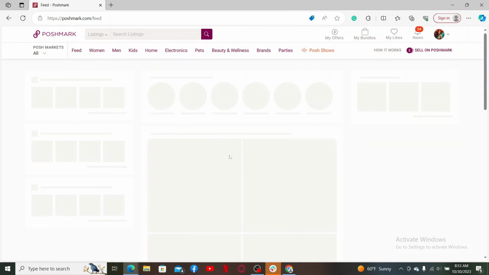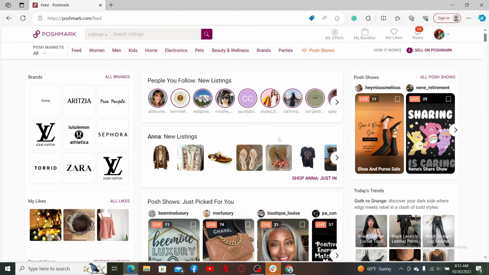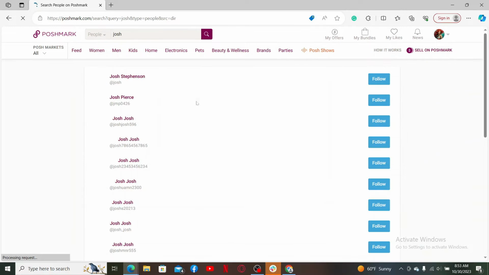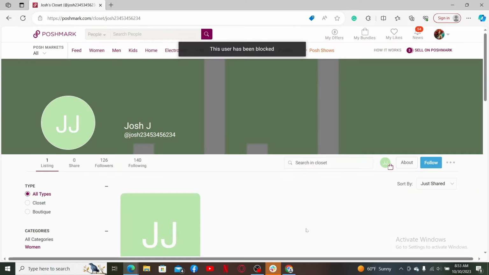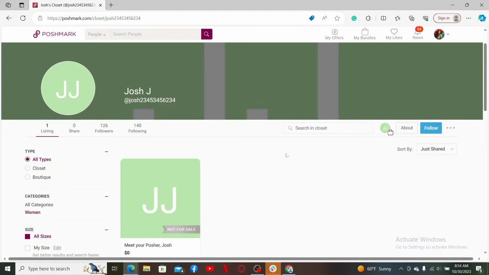Also make sure that you're logged into your account, and once you are, go ahead and look for the person you'd like to unblock. You can search for people in the search box at the top of the screen, and in the search results, find the contact you'd like to block or unblock. For example, if you recently blocked someone on Poshmark, then you'll just need to go visit their profile, and once